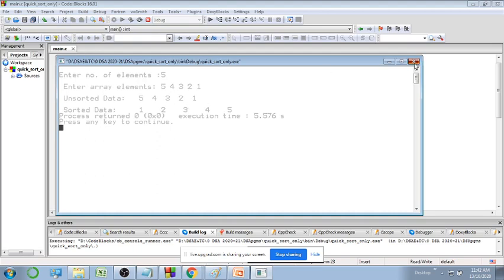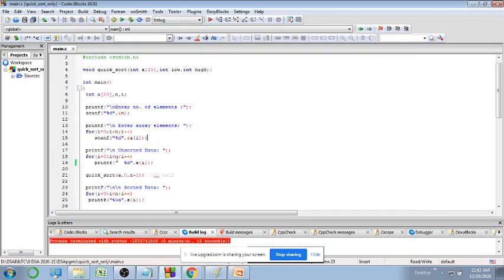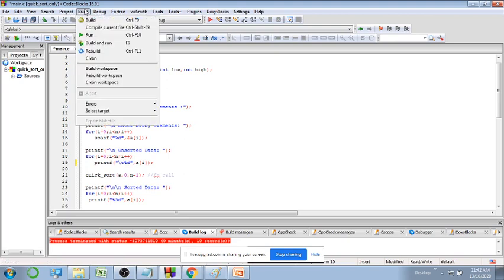But each and every time, why should I give a space in between? Instead of that, it should not be given in scanf. I repeat, it should be given only while displaying it. Either I can give this, or I can give \t, which is a tab space. Okay, so what is the meaning of this is, I'll save it, I'll build it,